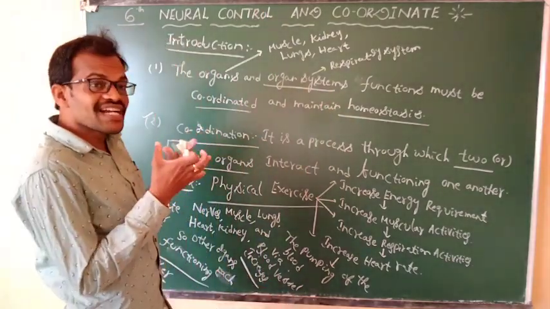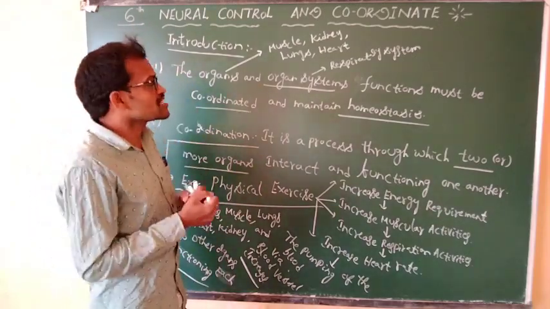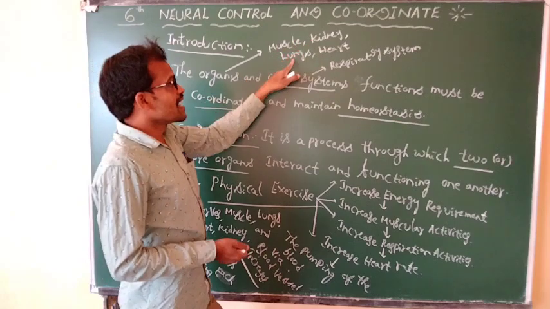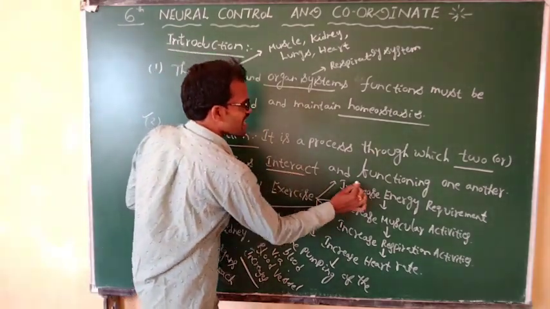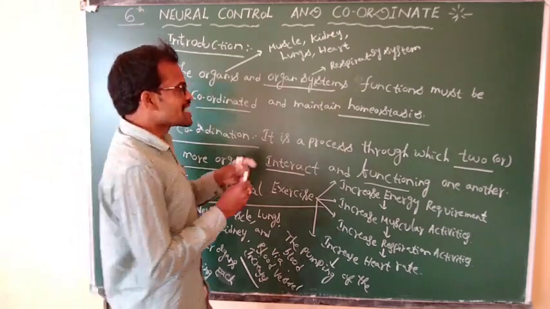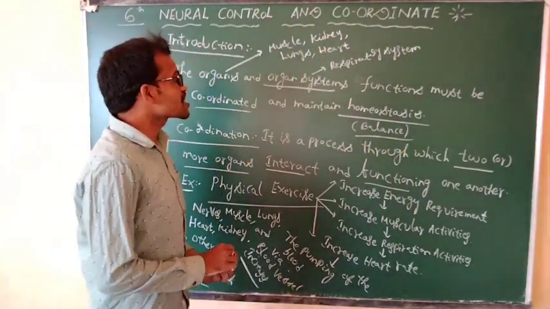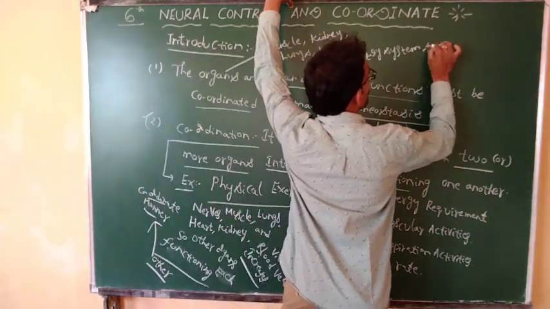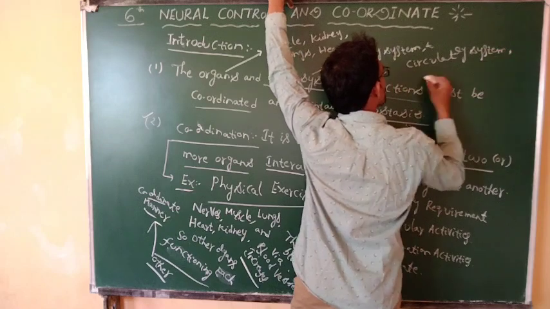Their functions must be coordinated, to interact with each other. Coordination means interacting with one another. Two or more organs interact, such as muscles, kidney, lungs, heart. It is a process through which two or more organs interact and function with one another in a coordinated way to maintain balance. To maintain homeostasis means to maintain balance of the functioning. One organ system is the respiratory system, and also the circulatory system,